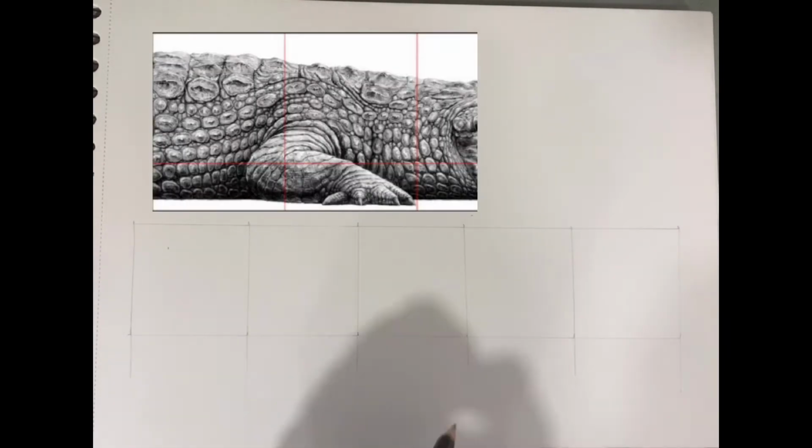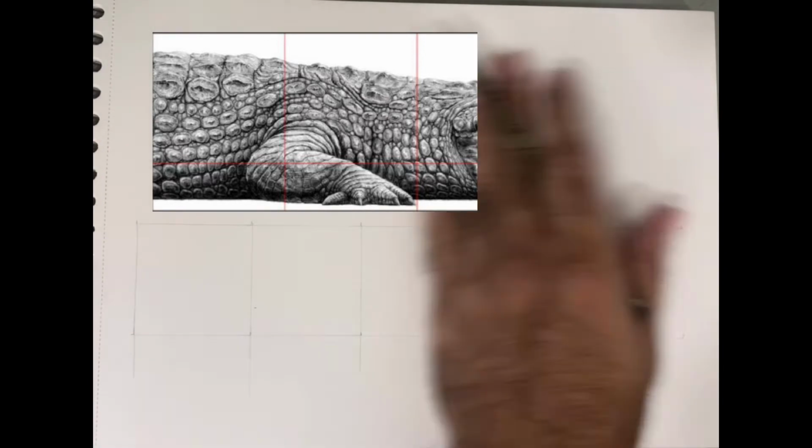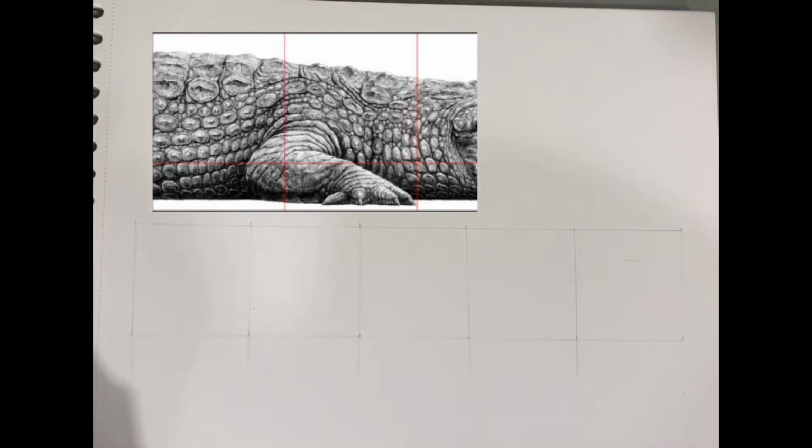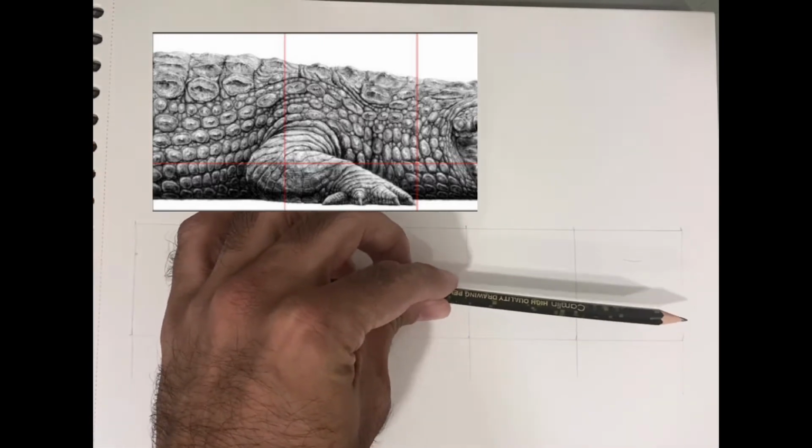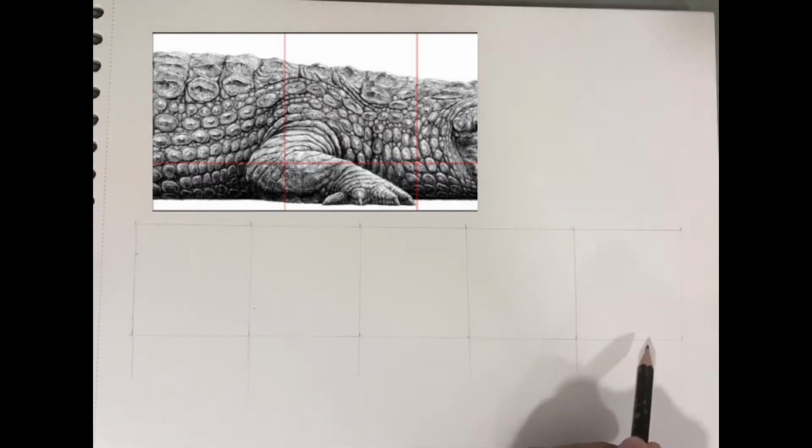I think you would have seen that I've already created the grids out here. These grids are made in the same measurement and scale as what we have seen in the original picture. If you can see the reference image out here, there are these blocks, and we need to start from the top left of the block because the crocodile actually tapers down from the top left to the bottom right.